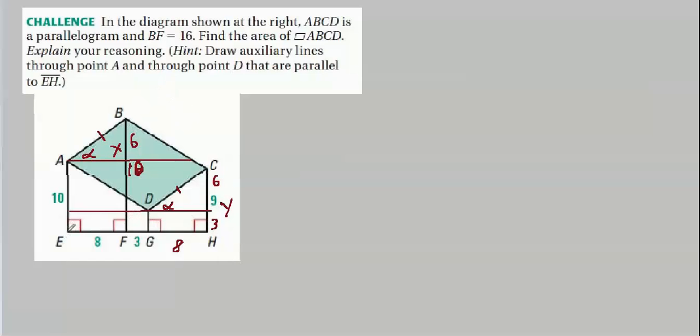Although in this case, I should point out that B1 and B2 are bases. This trapezoid is on its side. This is the base, here you can call this B1. And this segment from B to F, you could call that base 2. It's just a trapezoid, but it's laid sideways. It's rotated 90 degrees from the way we're used to looking at them.